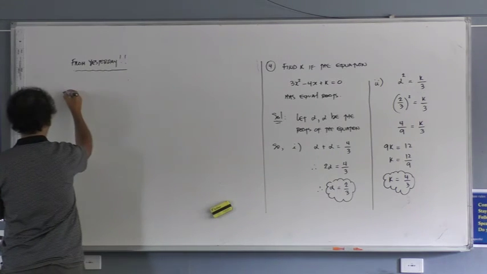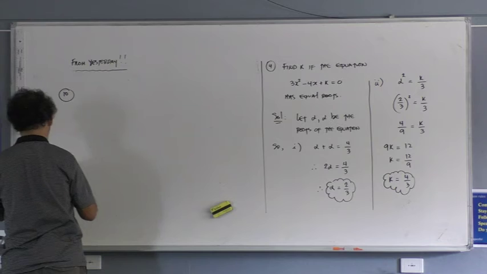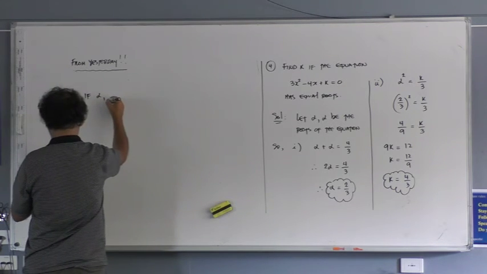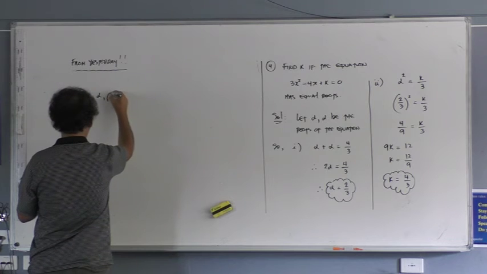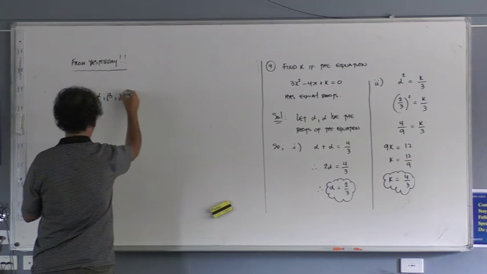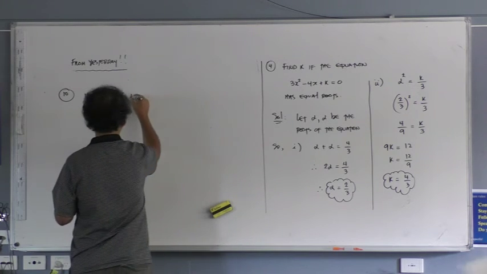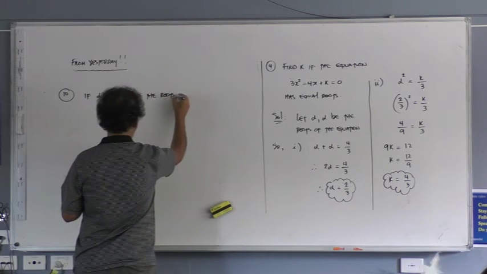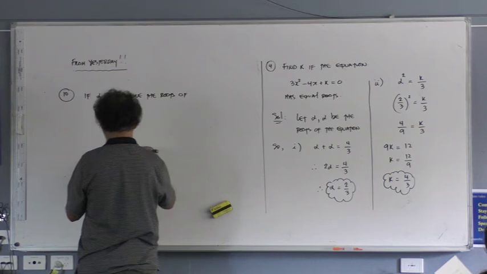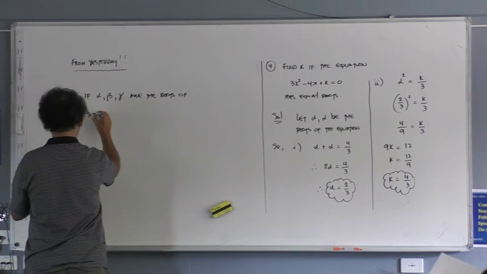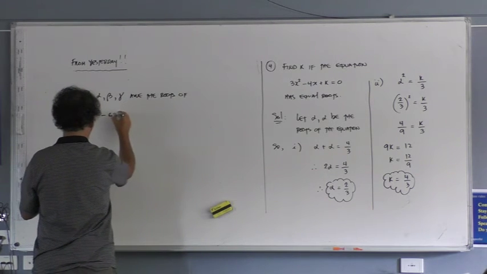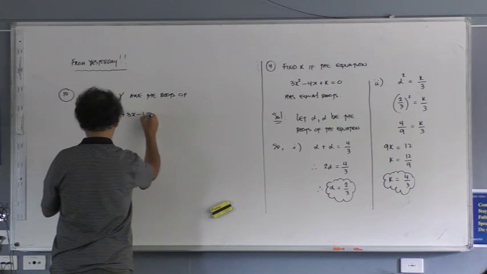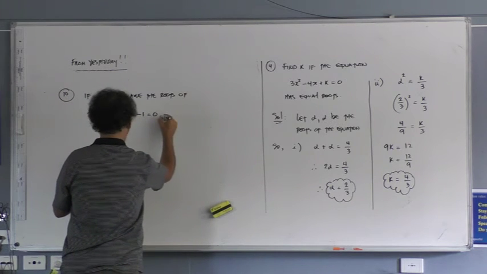Okay, the question says this. This is question 10 from exercise 28.6. If alpha, beta, gamma are the roots of 3x cubed minus 6x squared plus 3x minus 1 equals 0, find